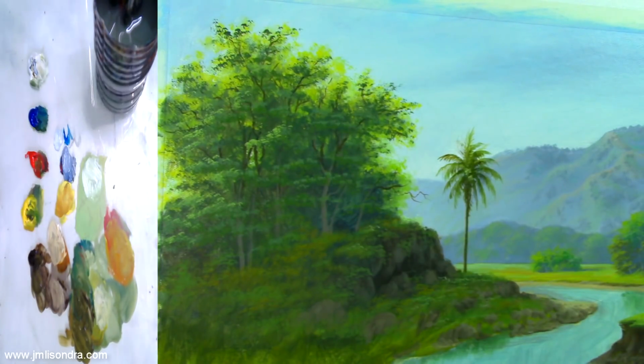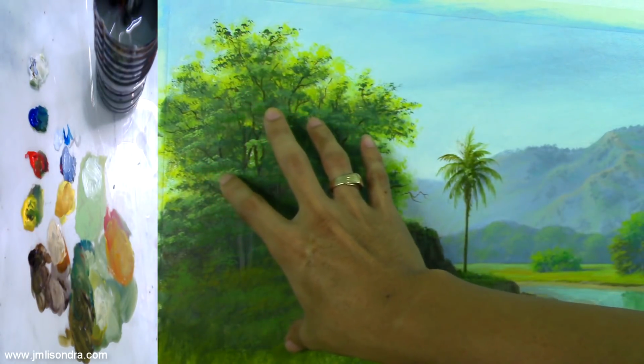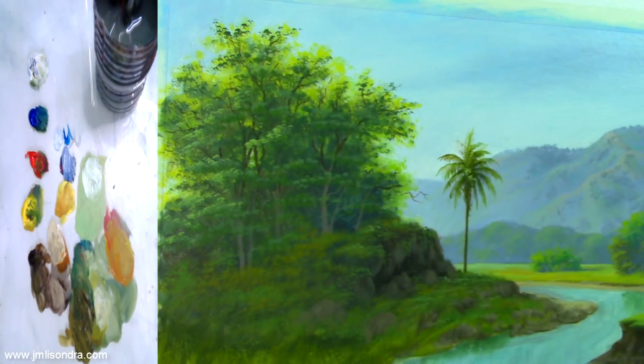And in the future I still need to add more trees there, or I'm going to retouch more here or whatever parts. So retouching is part of finishing a painting, so maybe on the last part I'm going to do more retouching. So I'm going to stop here, and I'm going to continue later